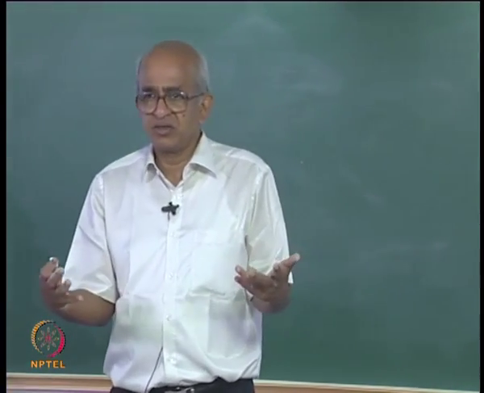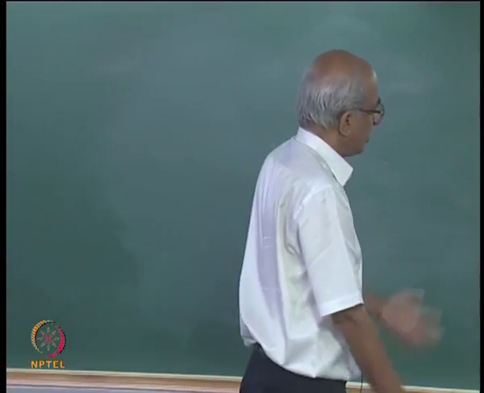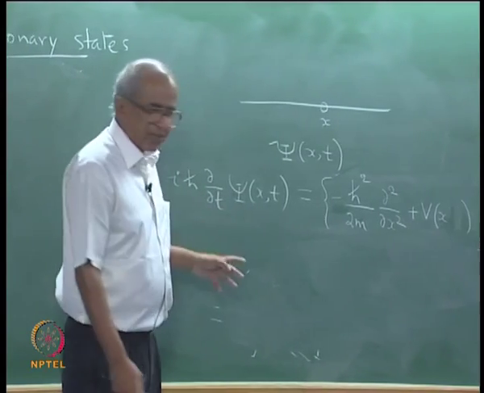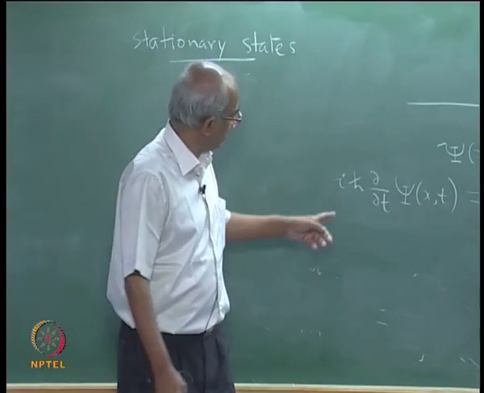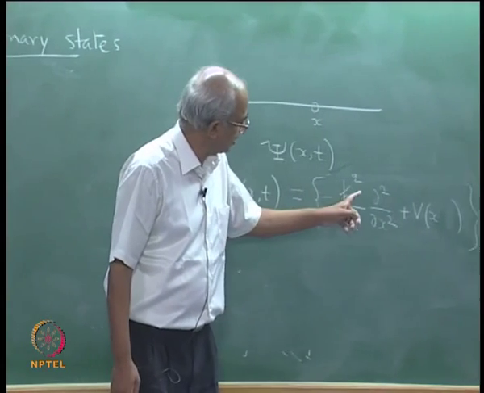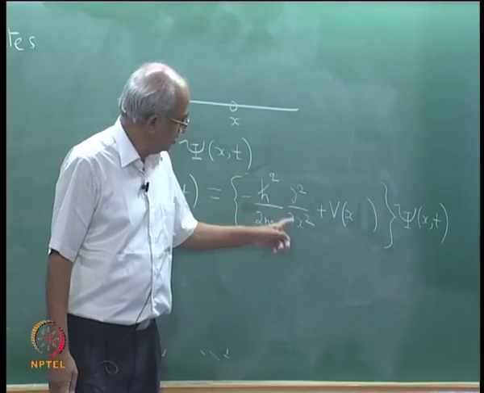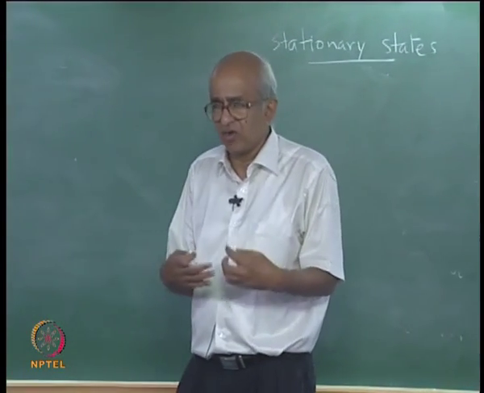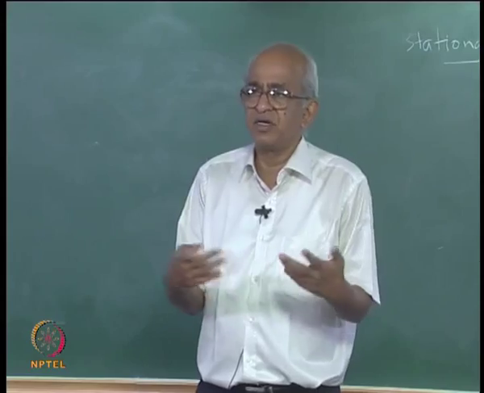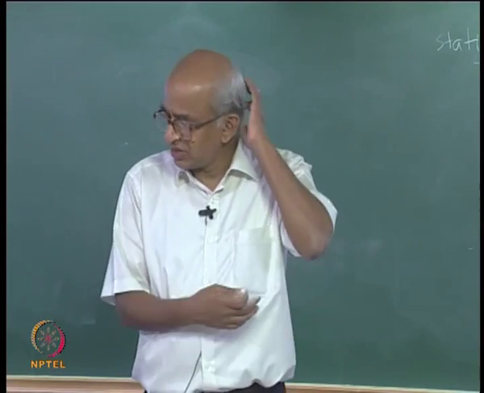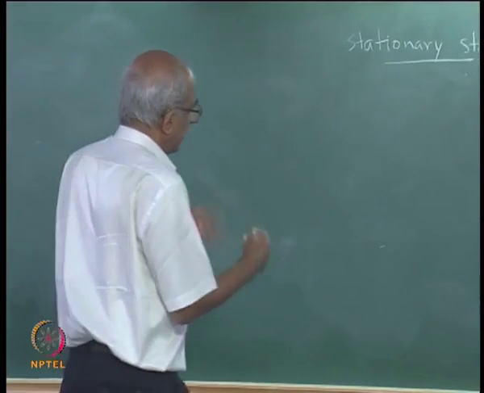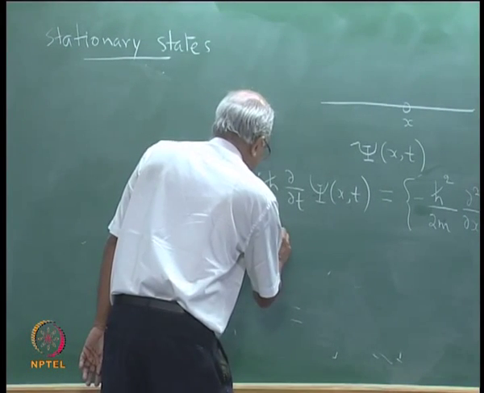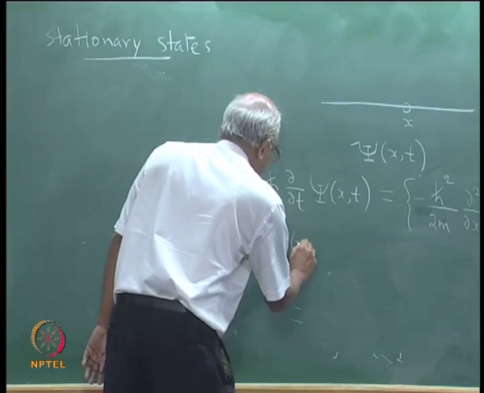And you want to solve this equation. So, how do you solve this equation? Well, if you look at this equation, you will realize that it is a partial differential equation. There is a partial differentiation with respect to time, here partial differentiation with respect to position. So, you want to solve this equation, and even ordinary differential equations can be difficult to solve. So, in such a situation, how do you find solutions? Well, what we adopt is a method of divide and conquer. So, this psi, which is a function of x and t,